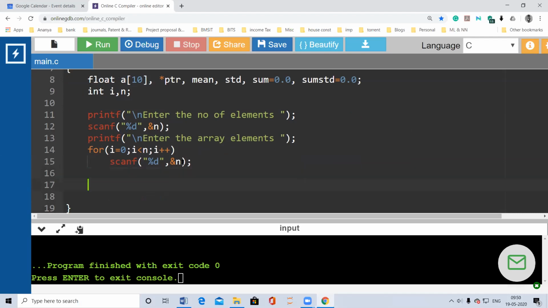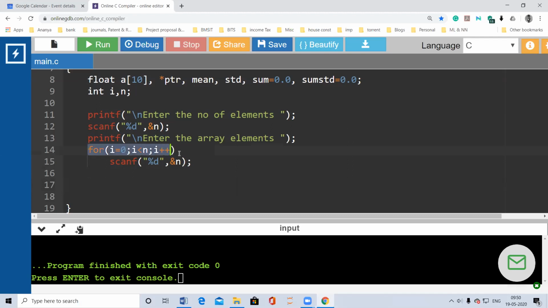Now, before giving you the demonstration of the program using pointers, let me use the array itself. I'll show you the calculation of standard deviation using arrays, and then we will get back to the pointer usage.